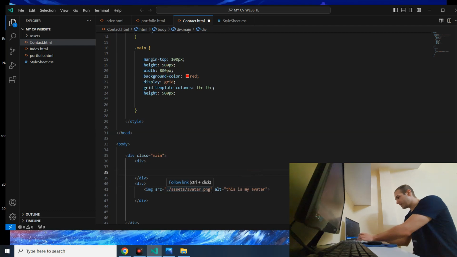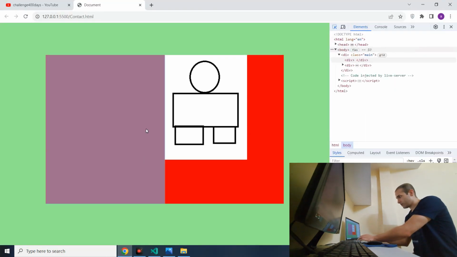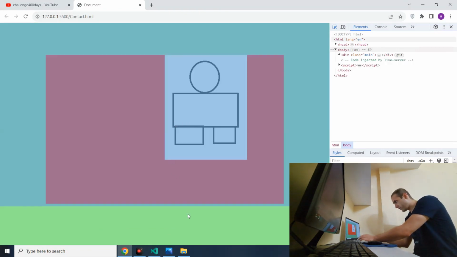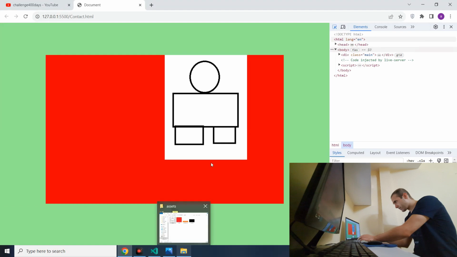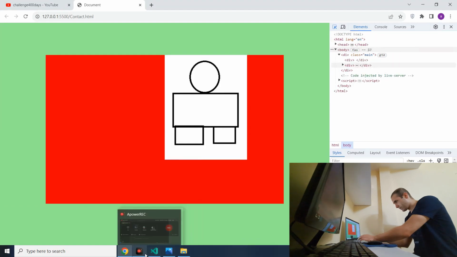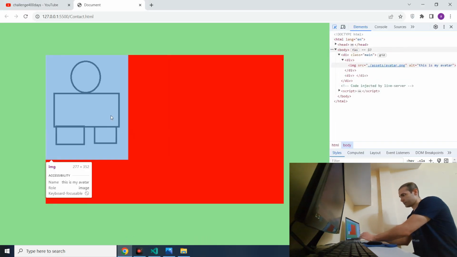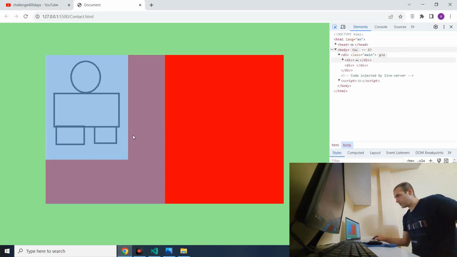And let's see the results. Control S to save the code. I think I did a wrong div here. So I should cut this one, put it here. Control S. Yes. Now we have to say